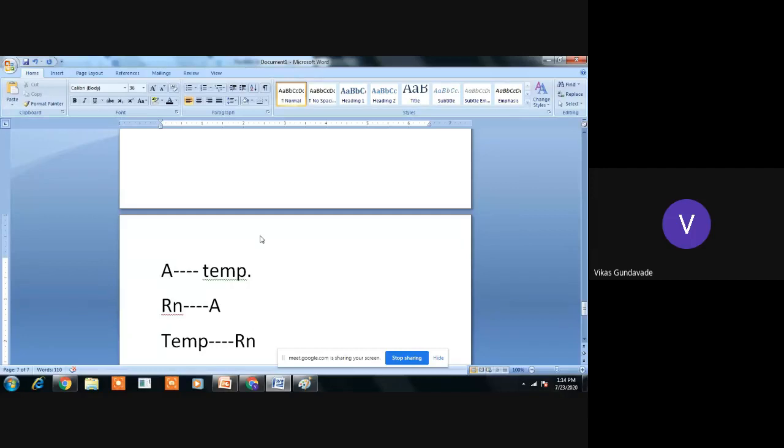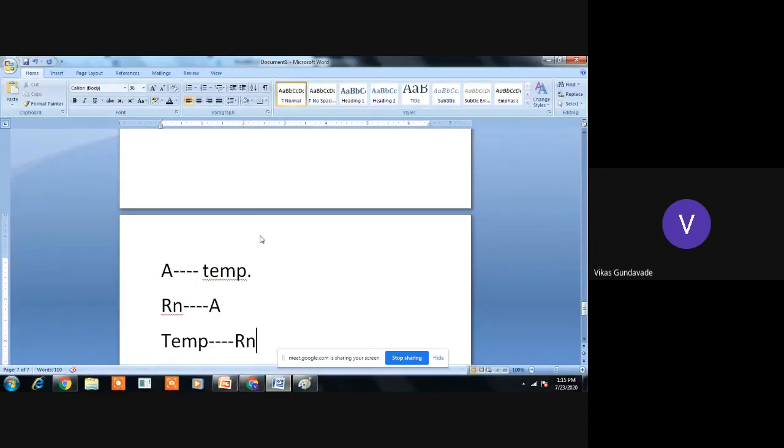In the architecture, we have seen two temporary registers, temp1 and temp2. So in one register, the accumulator contents will get transferred. Then the Rn register contents will get transferred into the accumulator, and after that, the temporary register contents will get transferred into the Rn. So here the exchange is done by using three registers: the accumulator, the temporary register, and the Rn register.